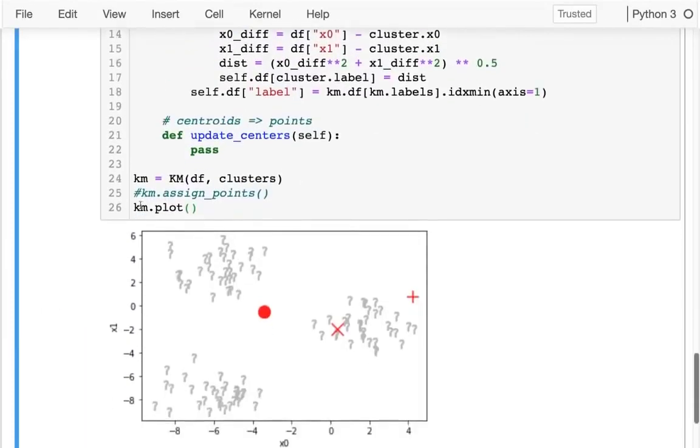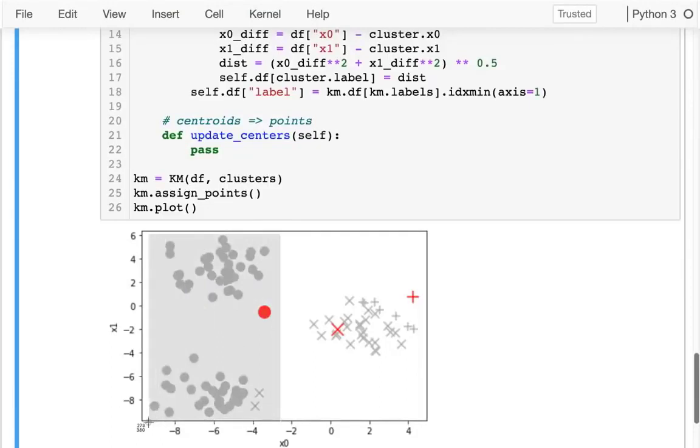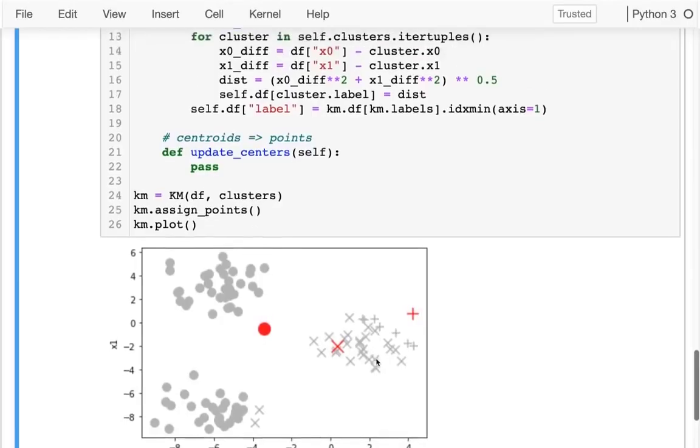So here are the points. If I do the assignment of points, you're going to see that instead of question marks, it's saying what each of these are, right? So you see that this circular cluster is really big. It's actually kind of capturing most of these. And then this one has the opposite problem. We have one actual cluster, and it's being shared between the plus points and the X points over here, right? But it is some clustering, and now that we've actually kind of started with a bad answer,